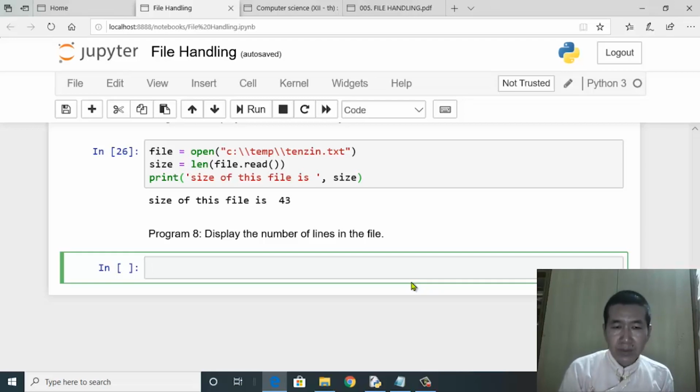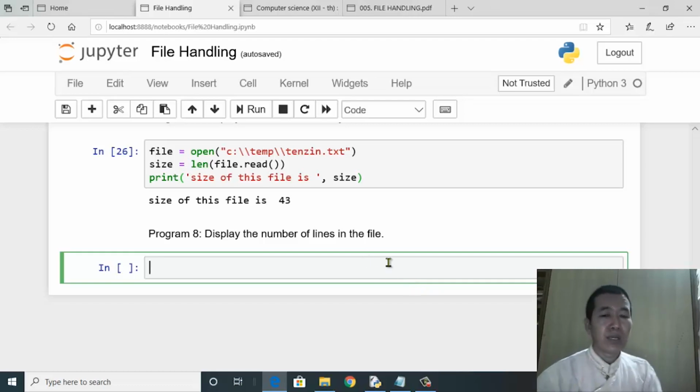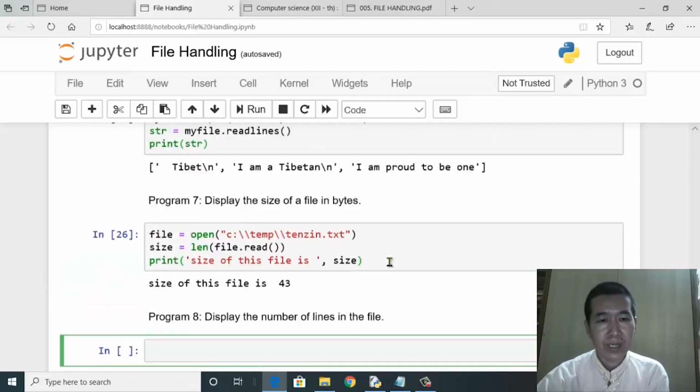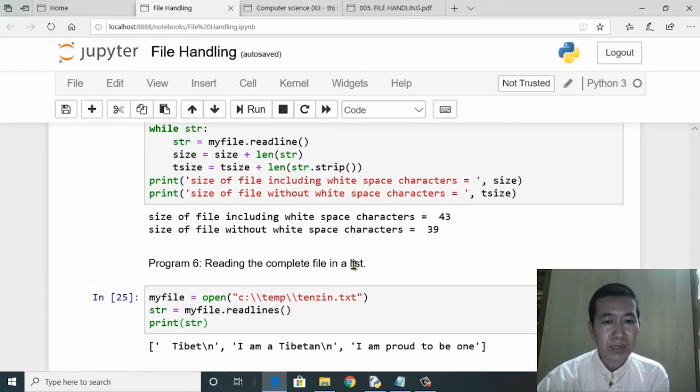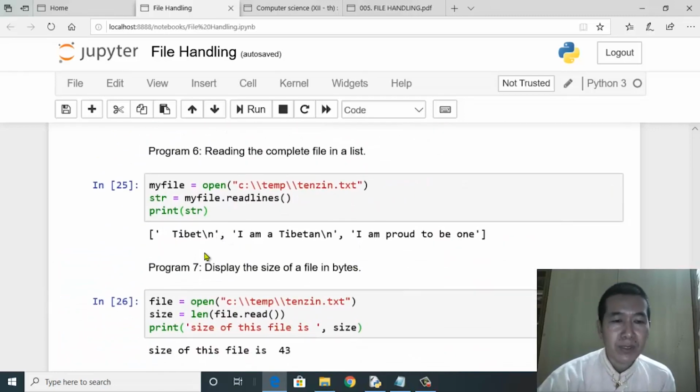The reason is, what happens with readlines is it will return the entire file in terms of elements of the list. So somehow if you are able to count the number of elements in the list, that would be equivalent to the number of lines in the file. Like I said earlier, in this particular example, these are individual lines, but these are also elements of the list.